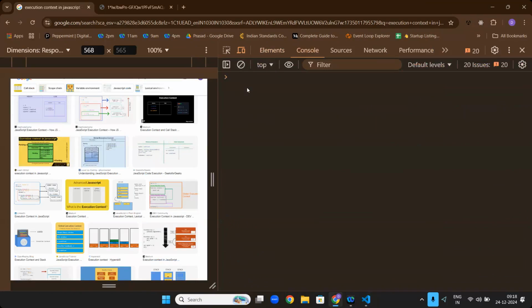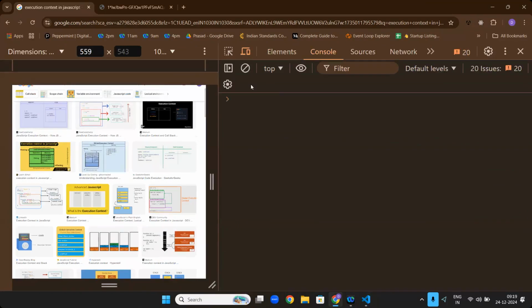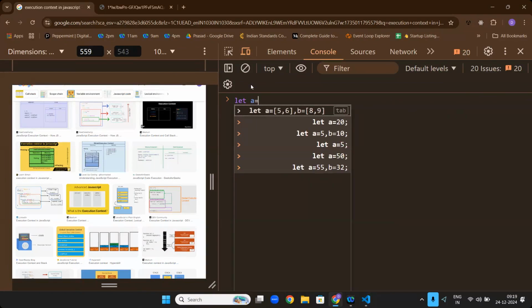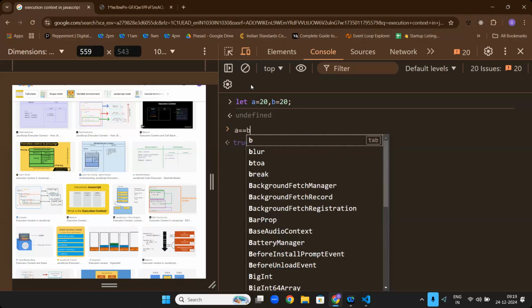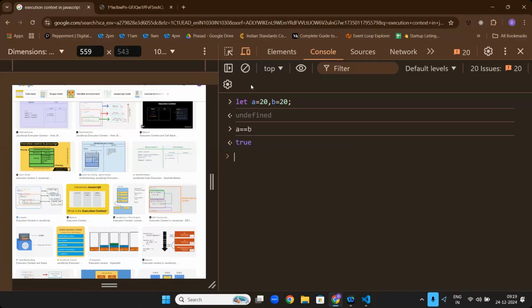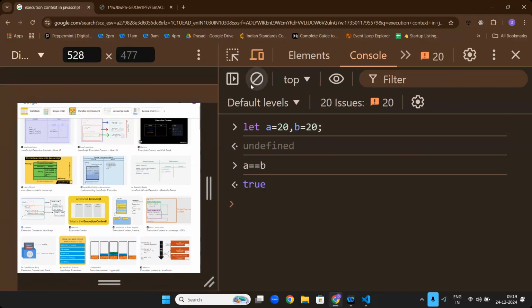Now, online also, please see it, sir. Imagine I gave let a equals 20, comma, b equals 20. Now, what is a value? 20. What is b value? 20. If I compare a and b, are they equal or not? If I compare a double equals b, will it be true or false? Online, is it clear, ma? Online, are you all getting my point? Yeah. It is true because